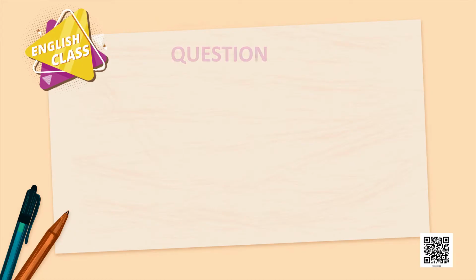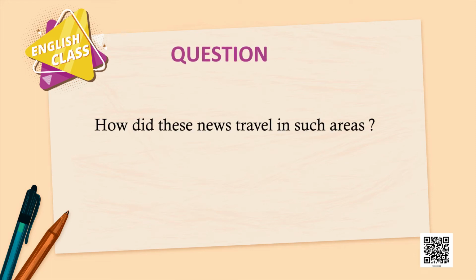Hi Suhani, do you know how people traveled before the modern means of transport came into being? Yes, earlier people used to travel by bullock cart, tonga, bicycle, etc. Great. How did the news travel in such areas? Through people from one person to another. Very well said Suhani. Yes, it's true that news used to travel through people, especially shopkeepers in the countryside. Although radios already existed, they were used only to broadcast news of national importance.